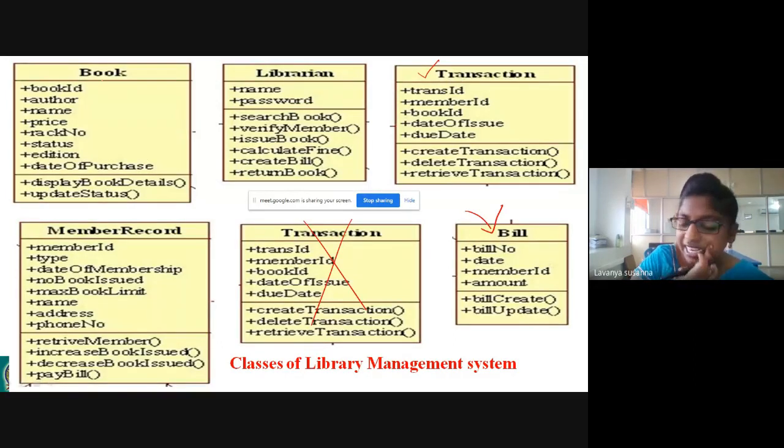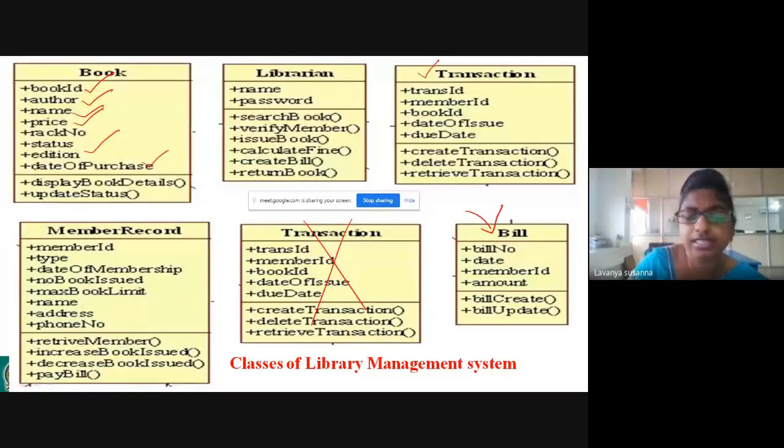Now let us see the attributes. First, you need to identify the attributes, right? Our attributes are nothing but what describes the entity. What is the entity here? Book. So, every book will have a book ID, right? There will be an author also, right? Name of the book, price, edition, date of the purchase, all these things you need to identify.